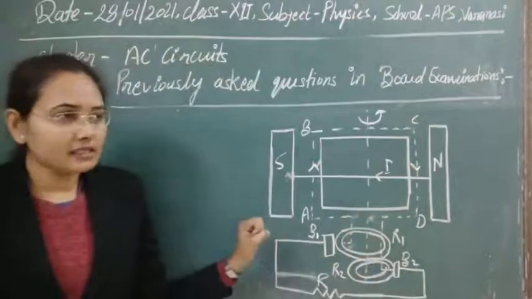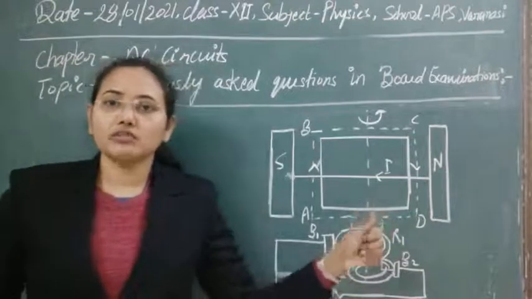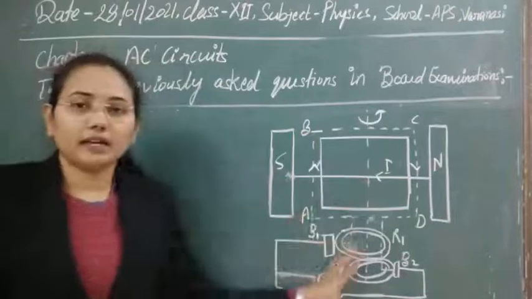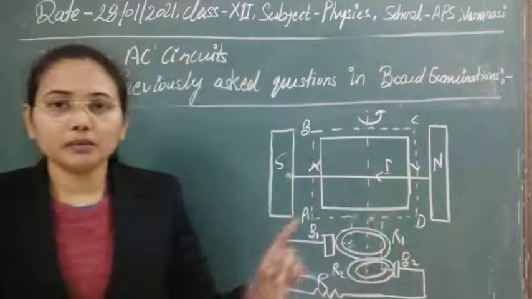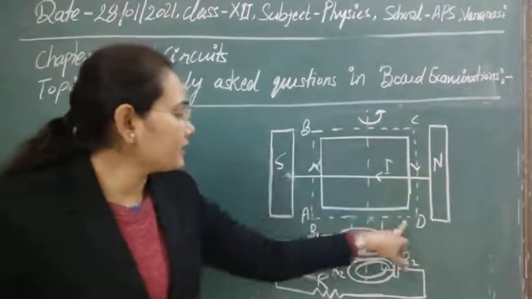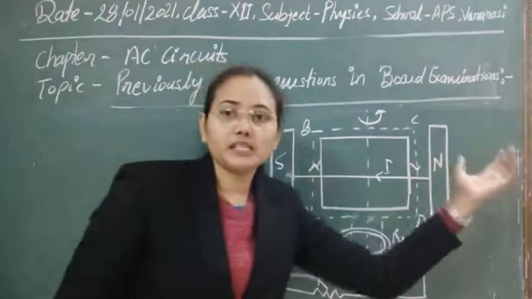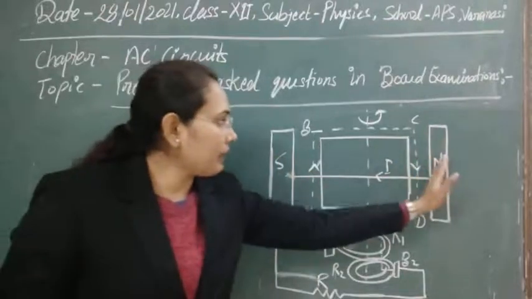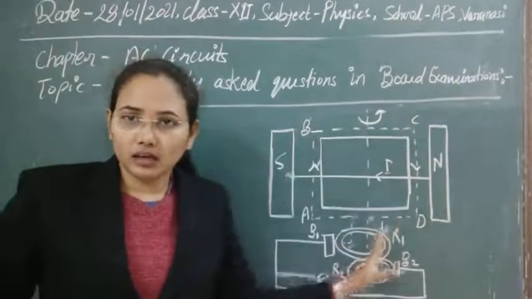In the case of the AC generator, let's study its components. The first question was to draw the labelled diagram of the AC generator and discuss its components. So this is the diagram of the AC generator we have. Here, the first component we have is the armature. The armature is the rectangular coil that we are seeing here, placed between two pole pieces of a magnet. Here we have placed one magnet, and a rectangular coil between them. This is the armature.